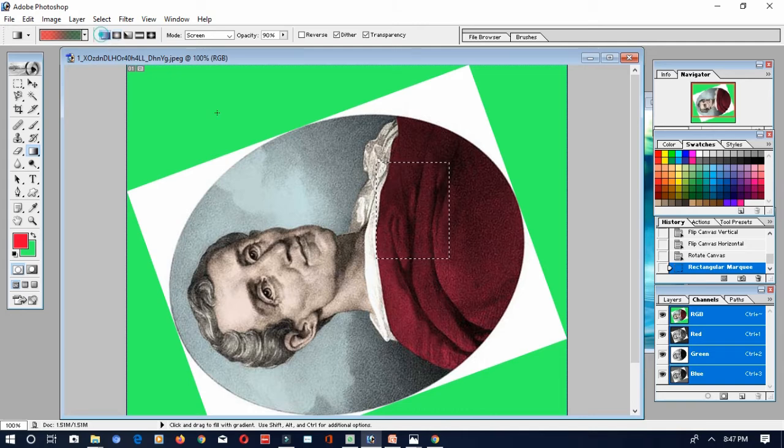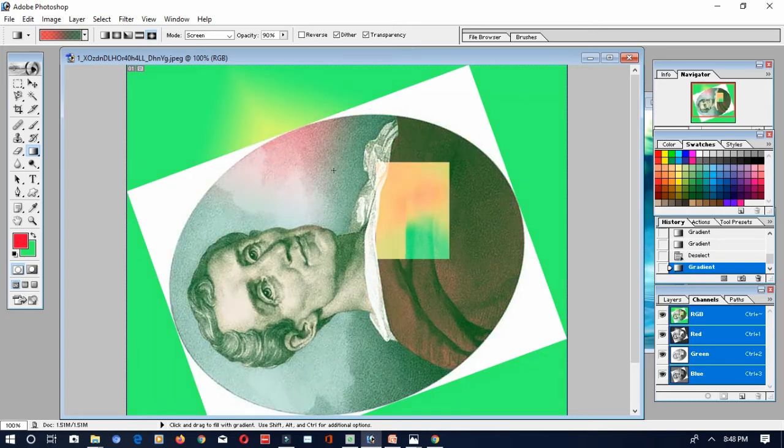If you wanted to select the linear gradient, you can apply it over here, or if you wanted radial, that will be applied, and this is angle, and this is... see, everything is applied over here. This way you can apply the gradient fill in your object, the selected portion. If you wanted to deselect it, you can press Ctrl plus D and you can apply it to the whole image. It's also possible. Okay, can you understand?